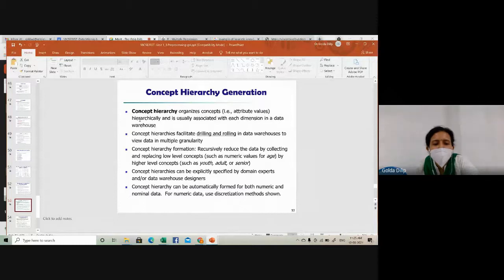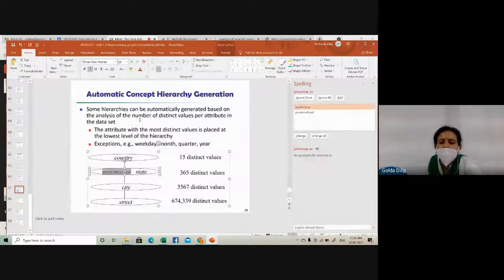When you have such data mining patterns regarding sales, you can find them related to different countries, different regions, or individual branch locations. So you can view it at different levels of granularity. A user or a data mining expert can easily define a concept hierarchy, by specifying either a total ordering of all the attributes,